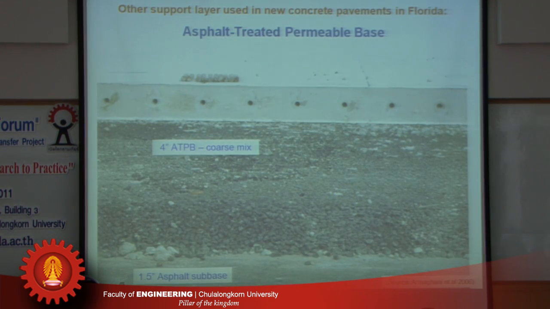Besides the A3 soil, we could also use an asphalt treated permeable base. So whatever water that got underneath the slab would drain off fairly easily. But underneath this asphalt treated permeable base usually there would be an asphalt subbase so that the water would not